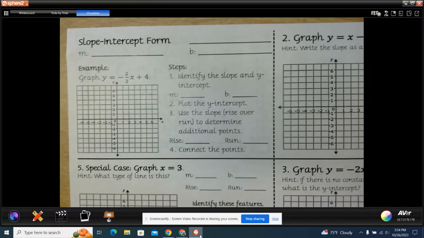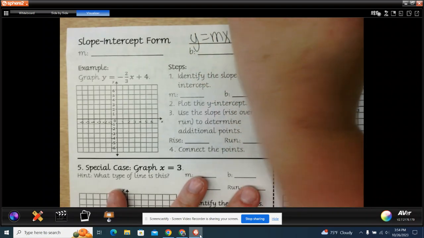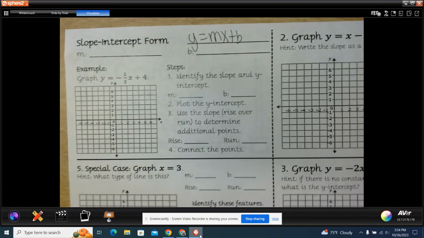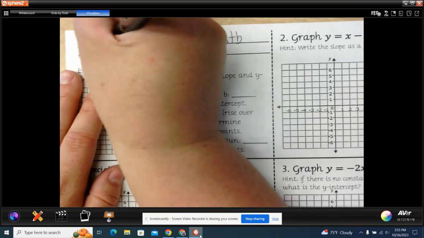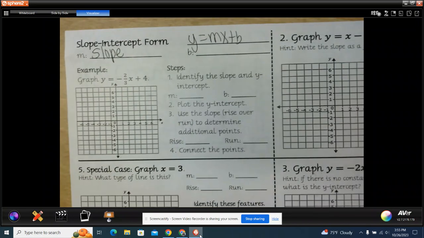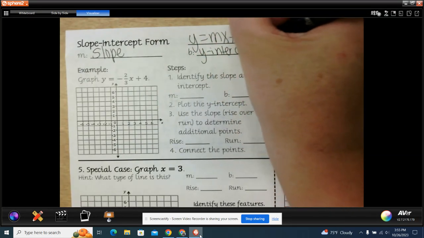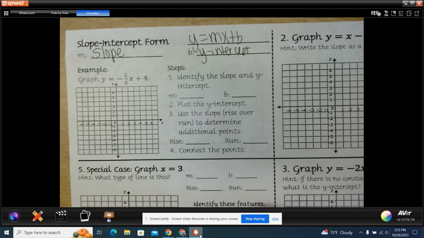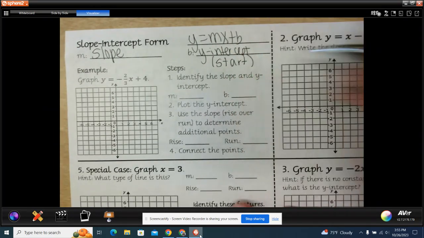All right, today we're going to look at slope-intercept form and graphing equations. So slope-intercept form is y equals mx plus b. Y is y and x is x. M is going to be a number, and that is what we call our slope. That tells us how steep a line will be, whether it's more up and down or a little bit flat. And then our b is our y-intercept,